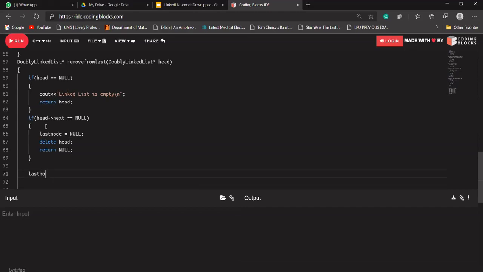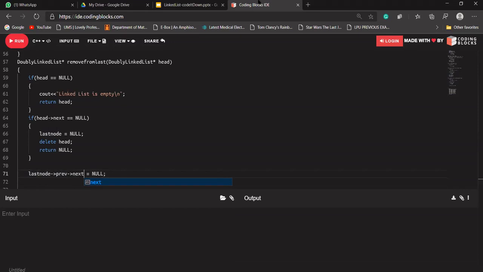This last node pointer is having the address. So what I'm saying is that last node's previous should point to a null value. Is everybody agreeing with me? Last node's previous should point to a null. Oh no. Last node's previous next.